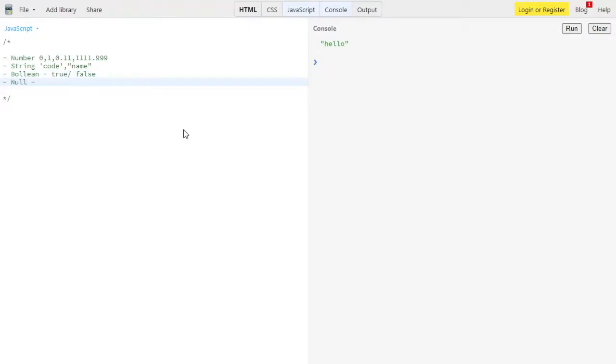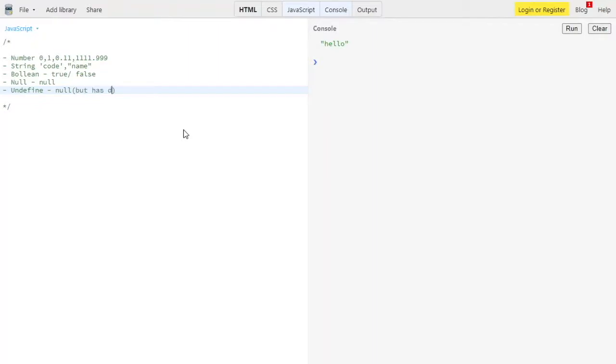So it's of null. It does not store any of the data type inside it. For example, you can also use null to declare something as non-valuable. And then we have undefined over here. It's also referred to as null, but